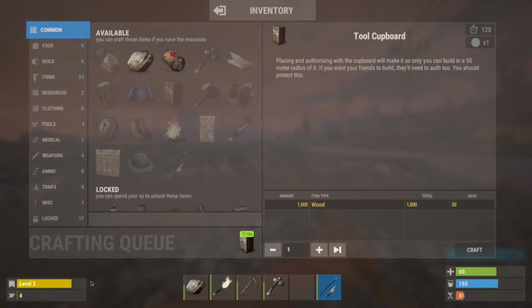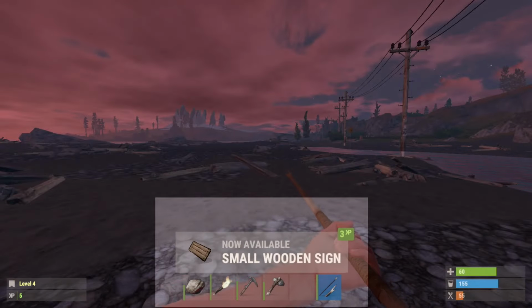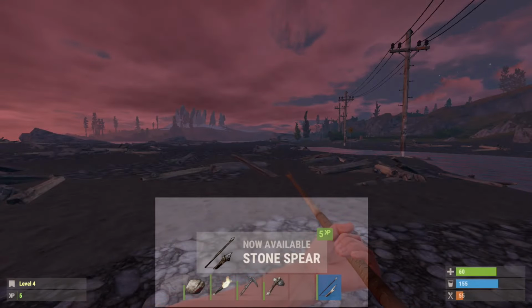Alright guys, so we've got 10 seconds left on this tool cabinet here. Now when that's come in, we'll see a really large spike in the XP. So as you can see, I'm just level 4, just a teeny weeny bit above, and when that comes in, a whole bar of XP. And as you can see, I went up a nice little level there in terms of my actual leveling system,